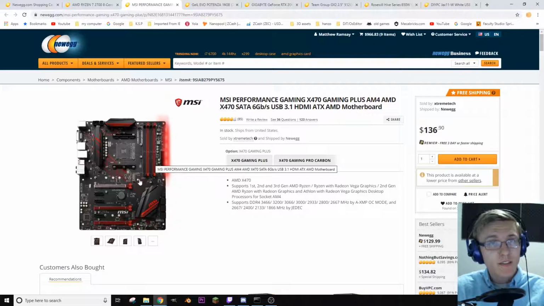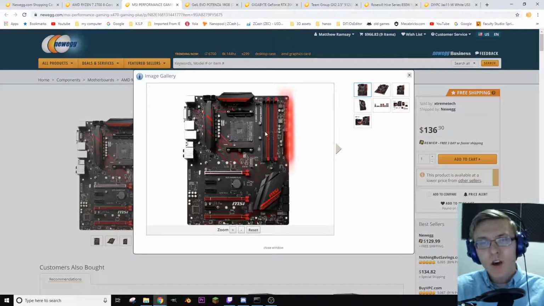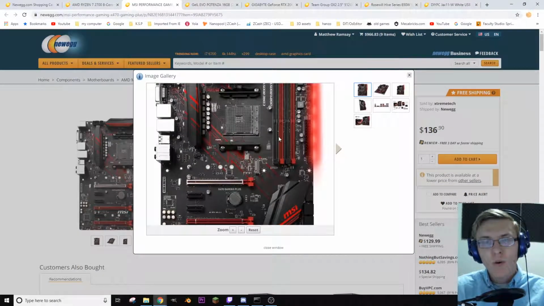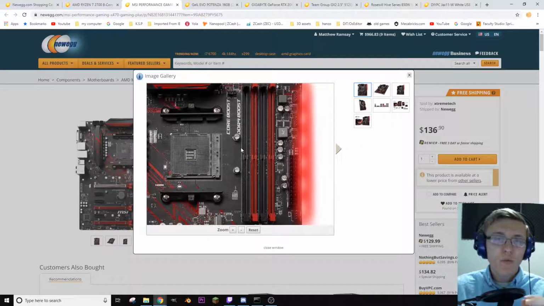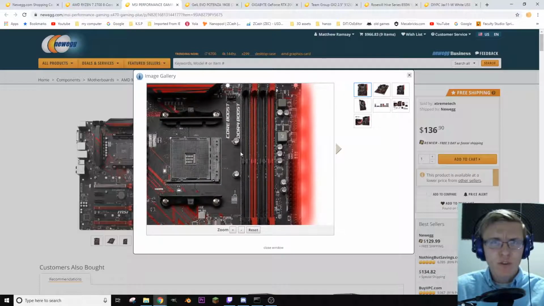Now, for the RAM slots here, because we're not done with our motherboard yet. Another thing that you want to keep in mind here is for expandability. And so really you want to have 4 RAM slots. Now, almost any X470 motherboard would have that. However, some B450 motherboards, if you're going that route, because you need something a little bit cheaper, which again is fine, but look out for the things that I told you. You're still going to want to make sure that you have 4 RAM slots, because